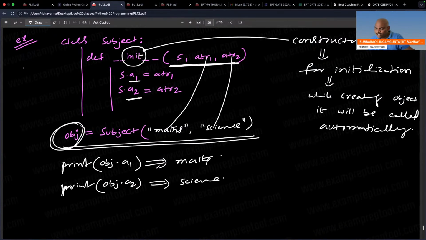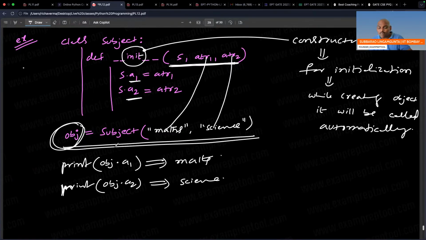Constructor is a function. Name is called init. In the Python language, different languages, different stories. In Python, init is a constructor for initialization purpose. It is a function, like a normal function only. The specialty is no one will call it.